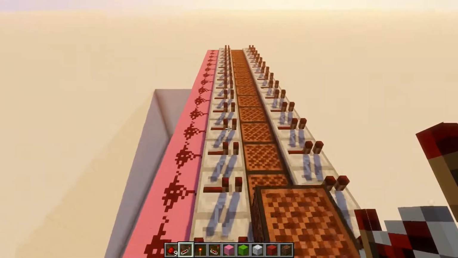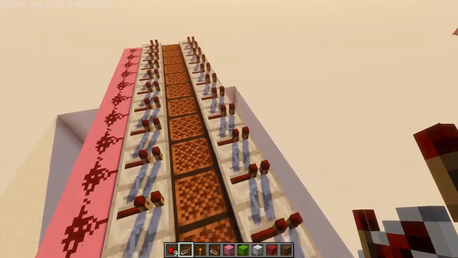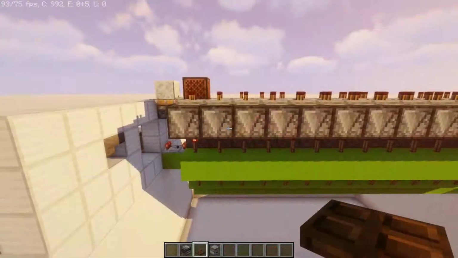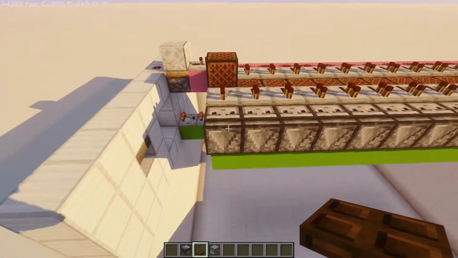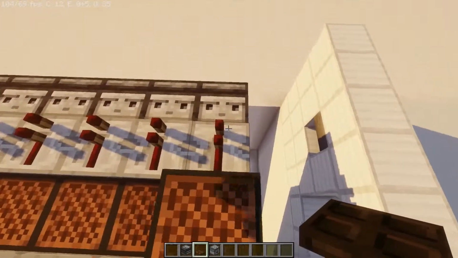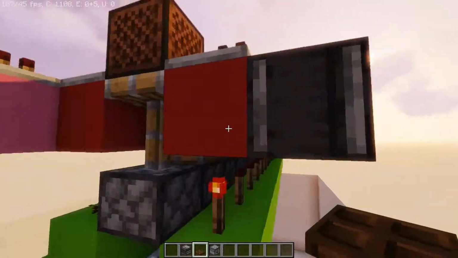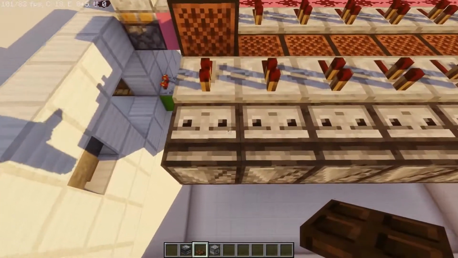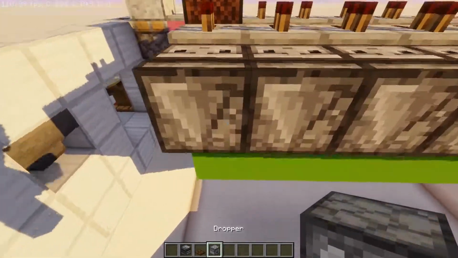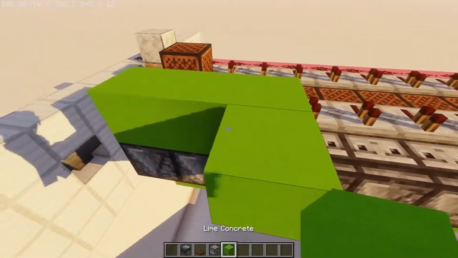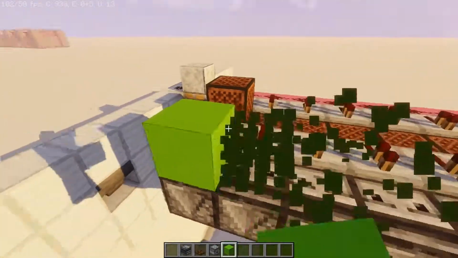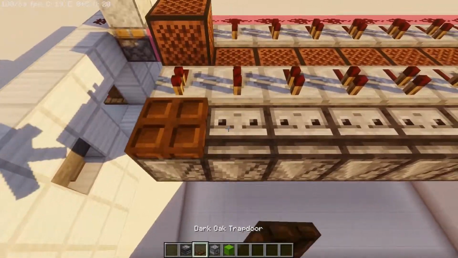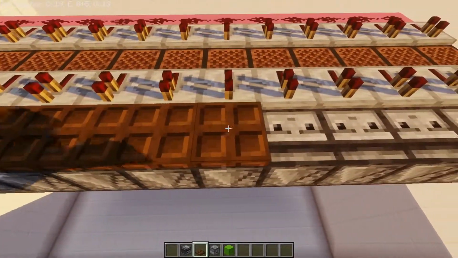As you can see, we got outputs through these, but because there's no block here, none of these got outputted. What we're going to do next is come to these repeaters, and one block down from the repeater, we're going to place an observer facing downwards. The best way to do this is probably place temporary blocks, like right here, and then come underneath, place all the observers, but you're going to do it the entire way down, and then on top of the observers, place